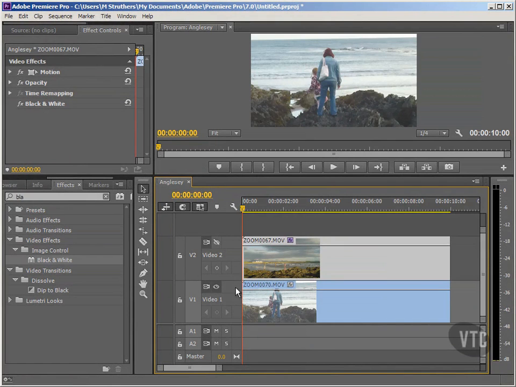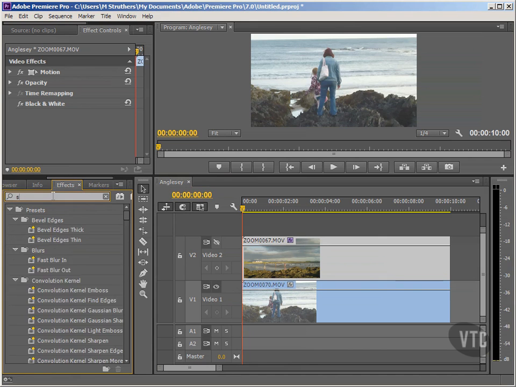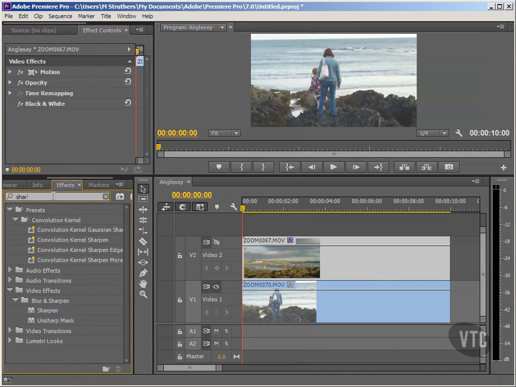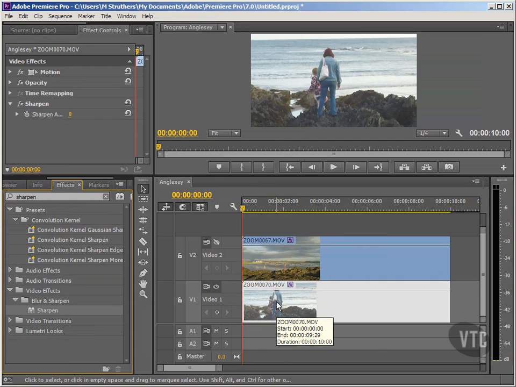Okay, now I actually want to use the sharpen filter, so I'll just click on this cross here to clear my search field and then type in sharpen. Unfortunately, there are quite a few different sharpen filters, so I have to know which one I want. Well, that's fine because I know it's this one in the blur and sharpen category, this one called sharpen. I'll left click on it and I'll drag it over and drop it on video track 1 onto clip number